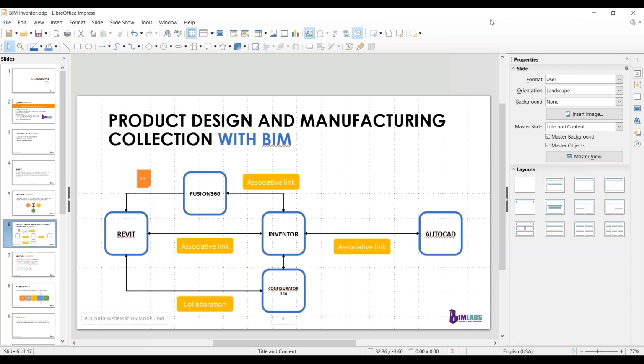For product design and manufacturing itself with BIM, there is a collection of softwares inside this Autodesk platform. That is, Revit is a software for creating 3D models of a building. Fusion 360 is a product design software. It is a cloud-based software. That is, the models that we create can be made with the help of the whole team. That is, one part may be created by one member in the team, then another part would be created by another member in the team,